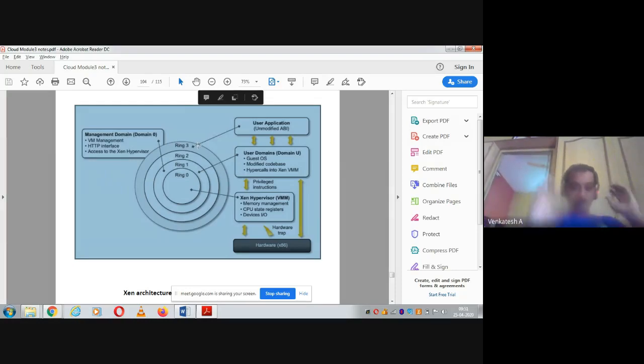Okay, so see here what this domain 0 will do. It will do virtual machine management, HTTP interface, and access to the Xen hypervisor. So that means domain 0 is responsible for virtual machine management. That means controlling and coordinating all the operations of the virtual machines, and also allocating the resources to the remaining virtual machines. So in the first virtual machine, we have domain 0. We have some guest operating system, and it is responsible for mapping resources to the remaining virtual machines and the guest operating systems.